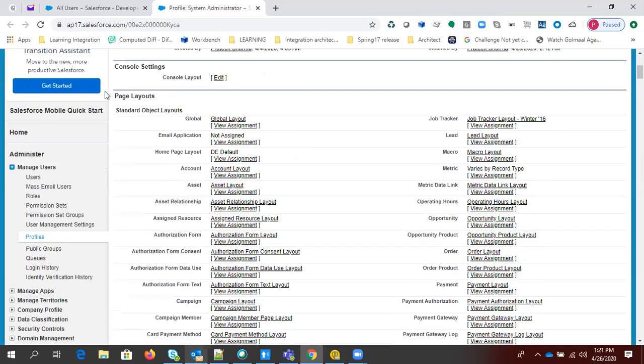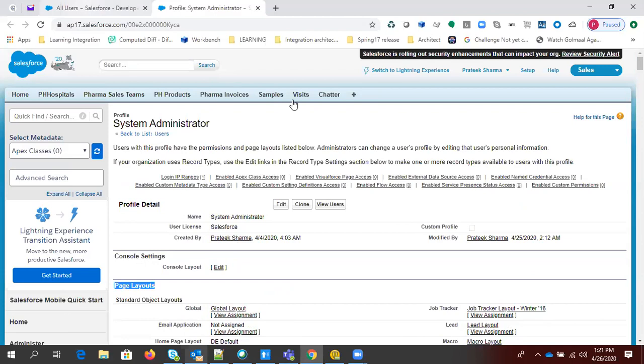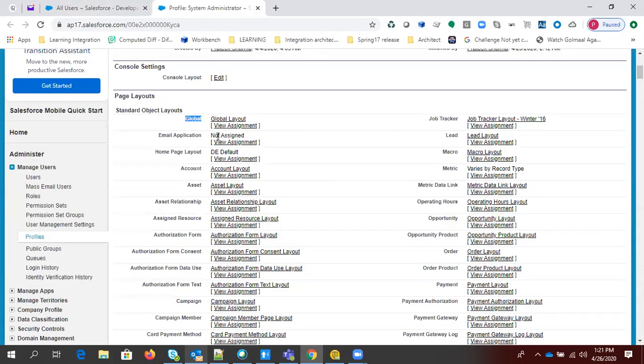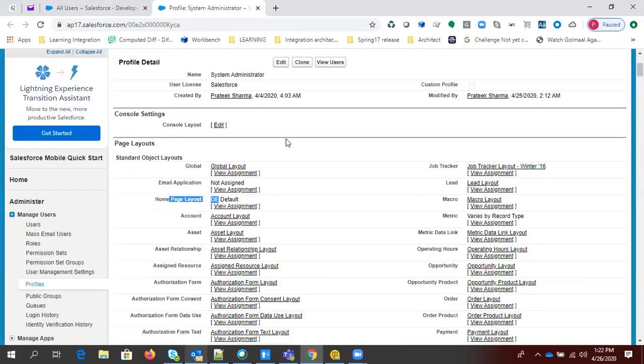So now the first thing is page layout. As you guys are already aware of what a page layout is, it is a structure that you generally get on the record detail page and record edit page, right? Whenever you click on a New button, a page opens, and that is the page layout. As you can see, you have different standard and custom objects here. The page layout assigned for that particular object, you can define directly here.